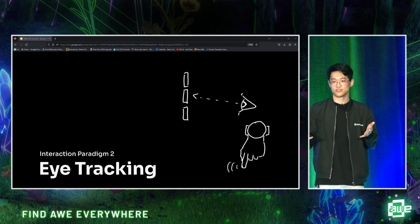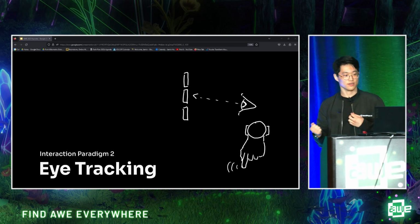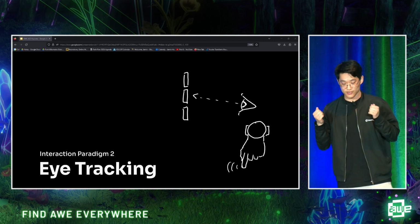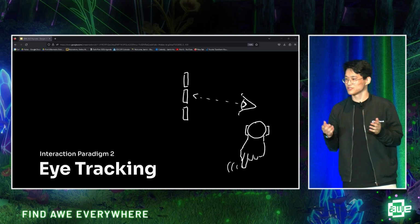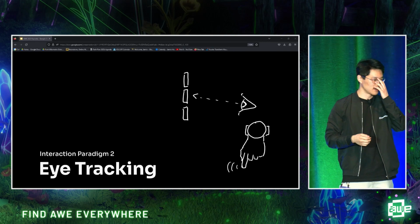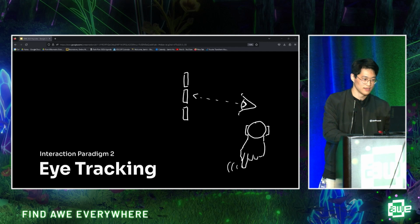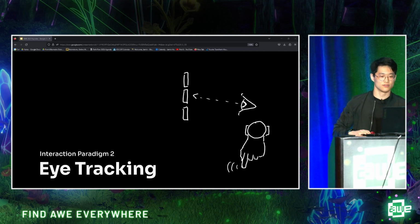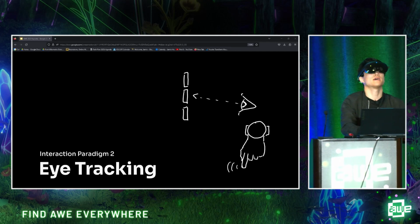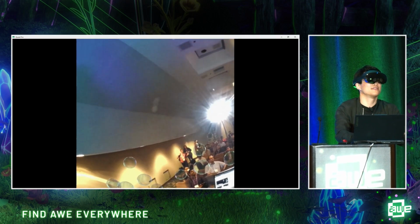Of course, you've seen people try to use eye tracking as input. But till this day, most of the implementations are pretty unnatural because you need to stare at things for things to happen. I'm not sure if you've tried it, but I don't think that's that intuitive or that natural. So here we'd want to demonstrate that. I already demonstrated to you, but I want to show you how fast I can go with just eye tracking. It can actually be faster than a mouse, and I think that's the whole point here, which is that ideally future interactions